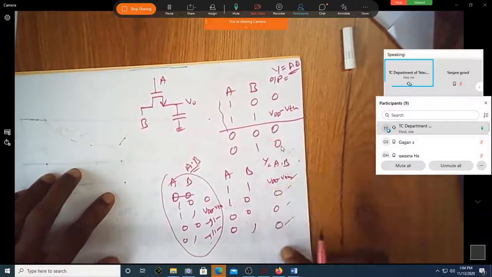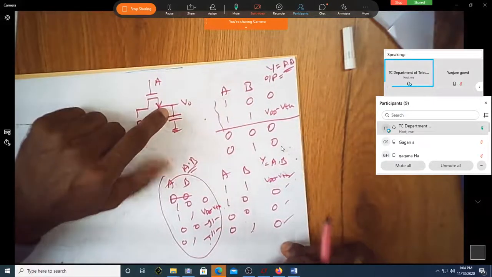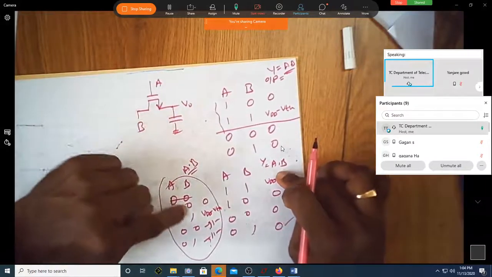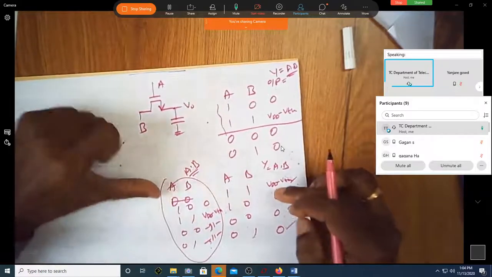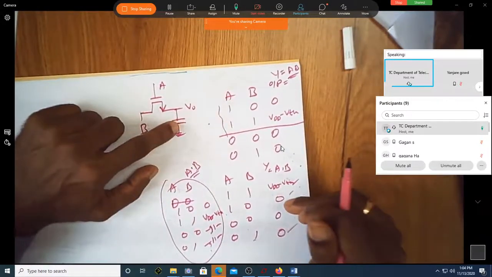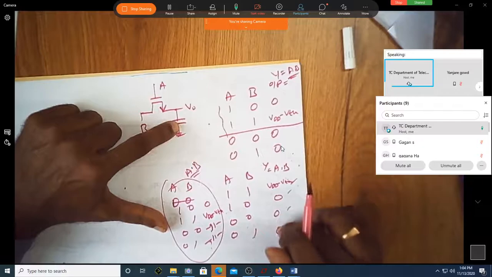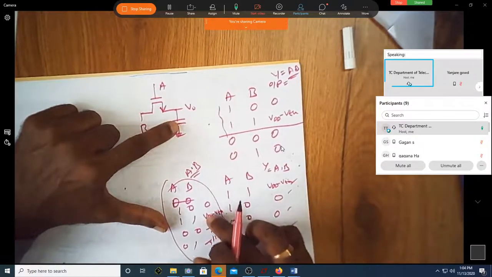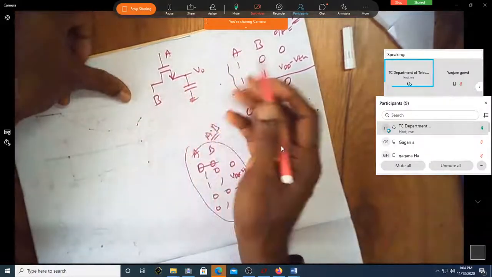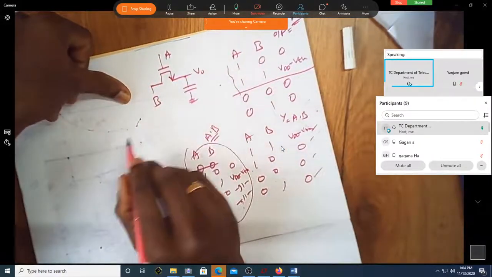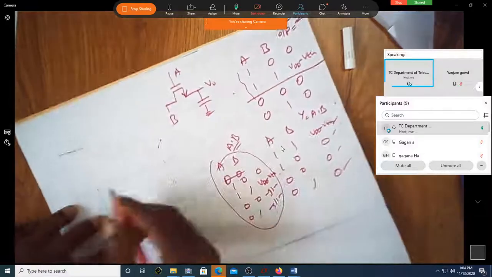For this combination, it is fine. You can see the same circuit can behave like an AND gate, or for a few combinations it won't behave like an AND gate, because it depends on the previous history of the output voltage. It's not becoming 0 here because the earlier voltage here is not 0. So in order to have an AND gate here, the improvised circuit would be something like this.